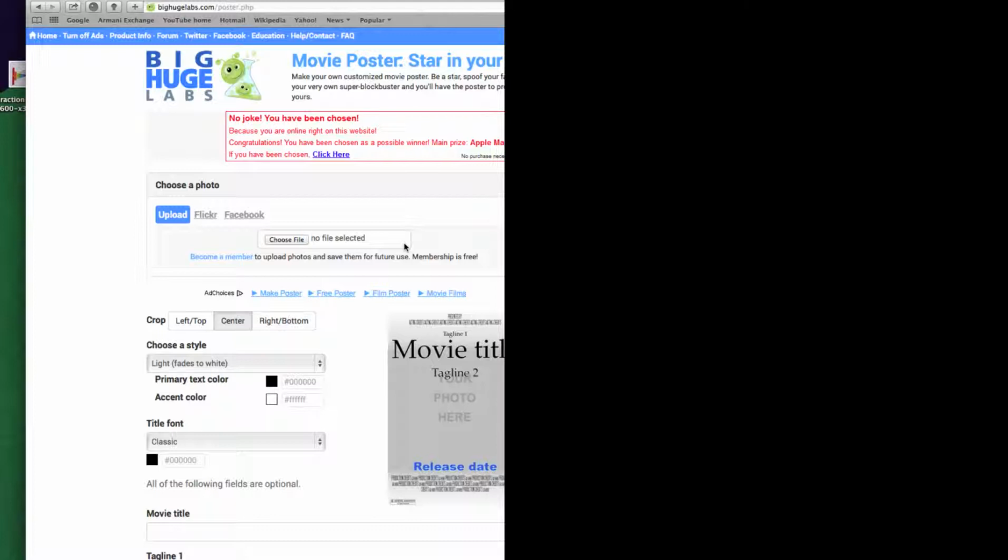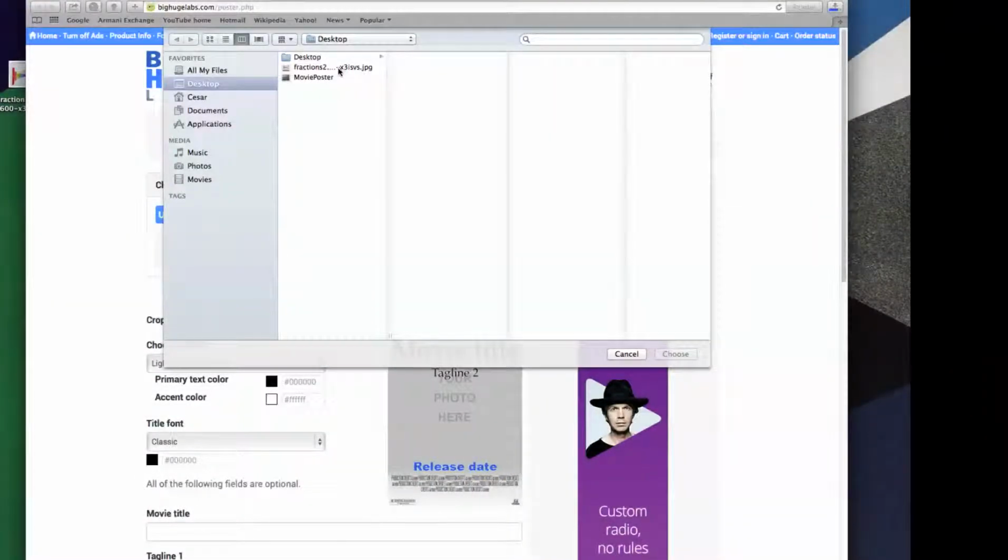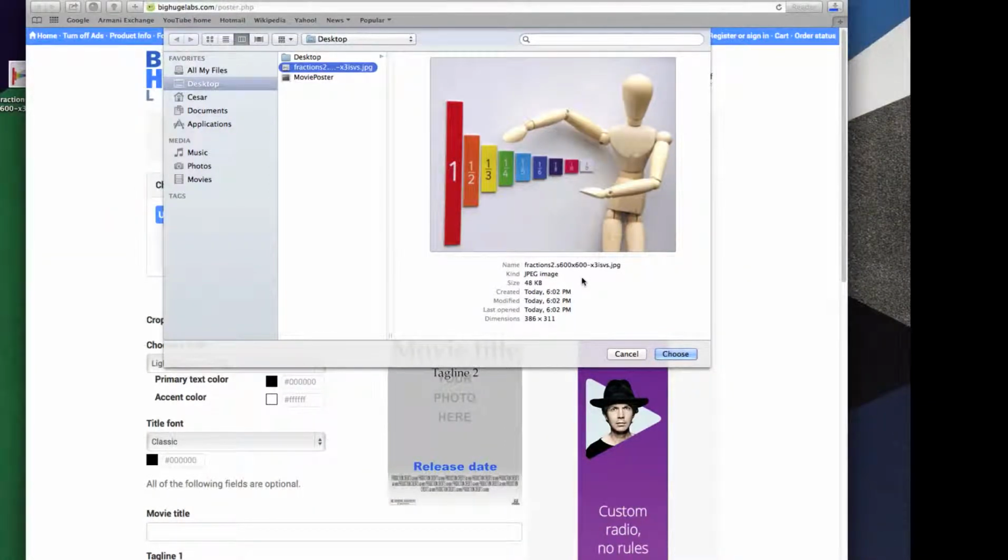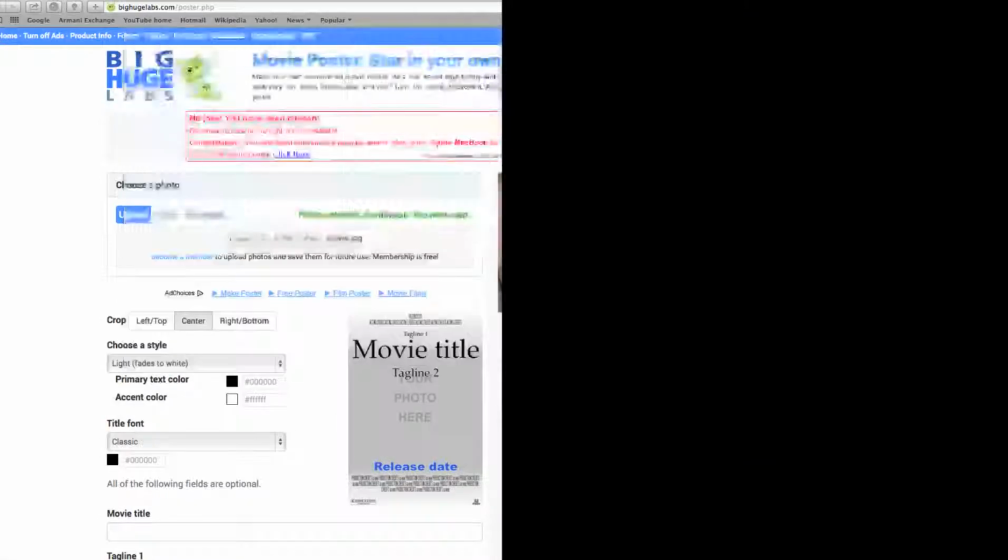So I'm going to choose a picture of fractions. So I already searched, I'm gonna search here on my computer. I downloaded from the internet a picture that represents fractions. Then